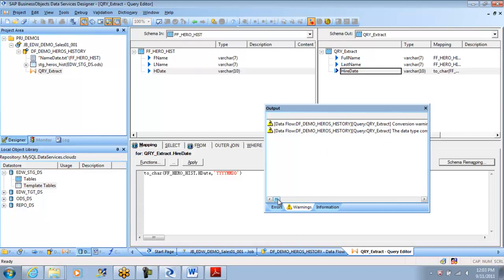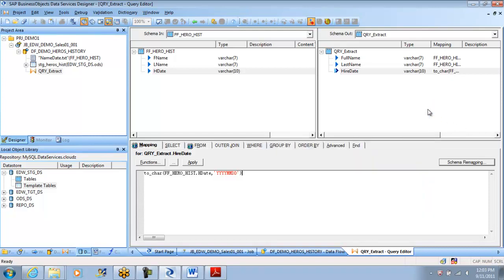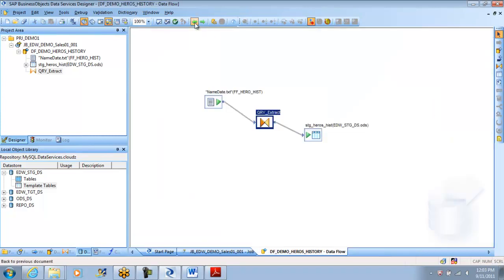So there is a data type conversion warning. The reason is you are converting a date into a character. That could be the reason. Don't worry about it. Some of the warnings you will have to care about, some of the warnings you need not care about. It is more like when the road is moist, go below the speed and slow down, put on your headlights. All kinds of warnings.